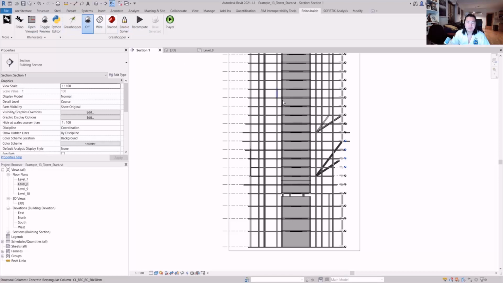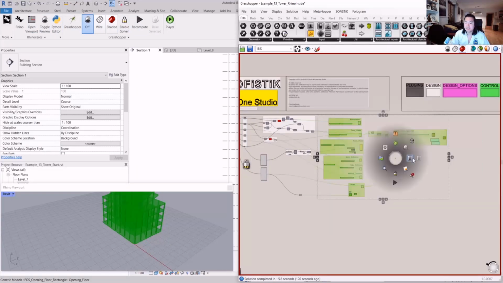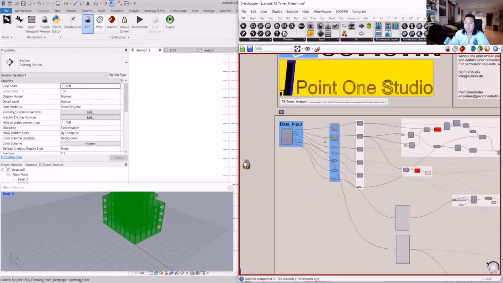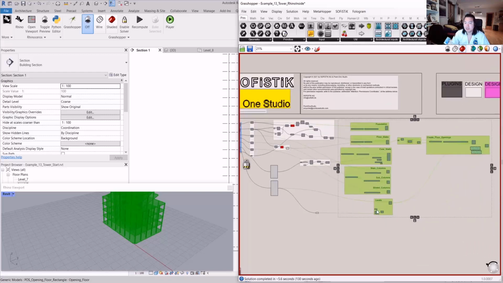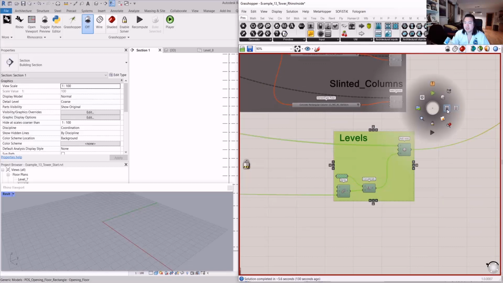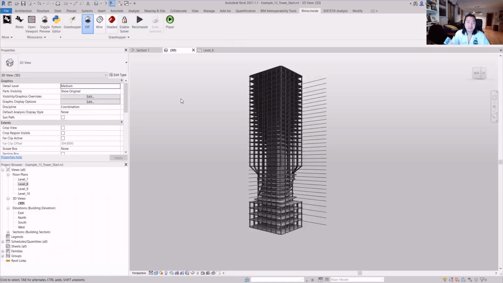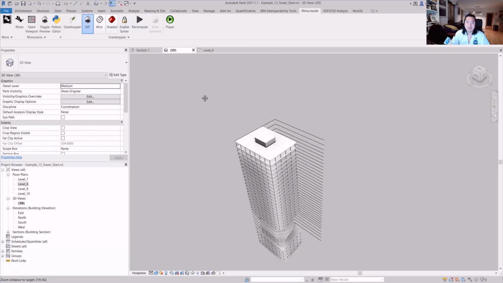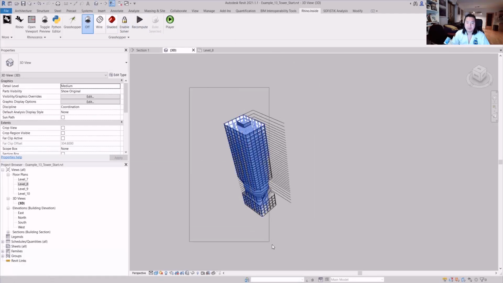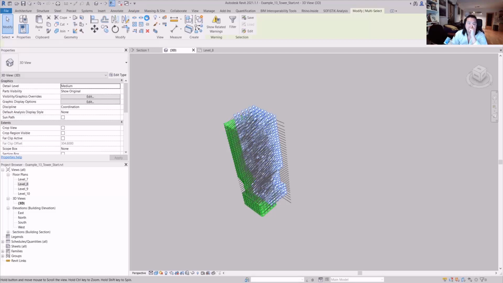And now what I'll do, back in Rhino, let me go back to RhinoInside, and yeah, I'm gonna again disable all this part, disable it, leave the input part as it is. Perhaps level I can leave enabled, you know. What I'll do, I'm gonna select the whole tower here. I'm gonna delete them, except the levels. So all the elements I'm gonna unpin,